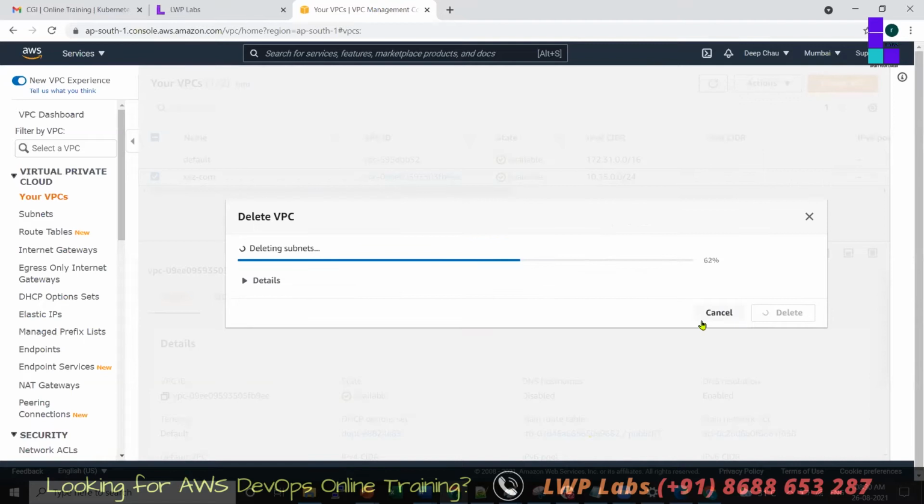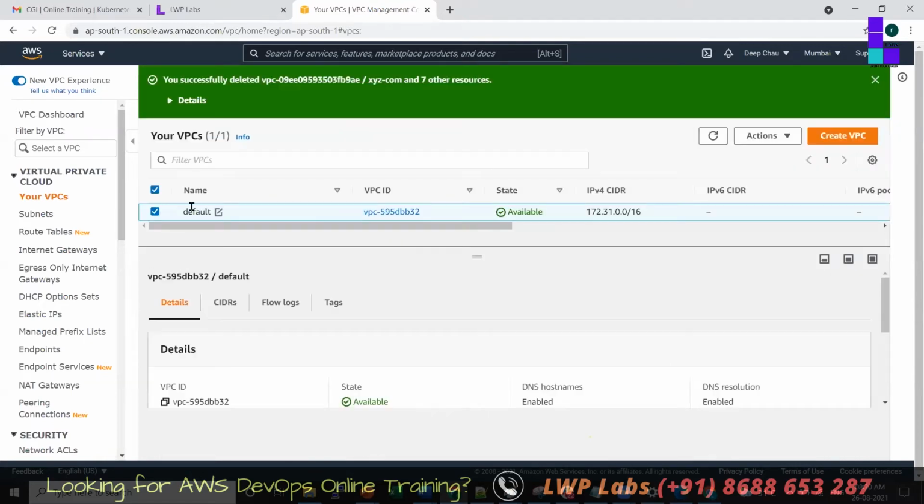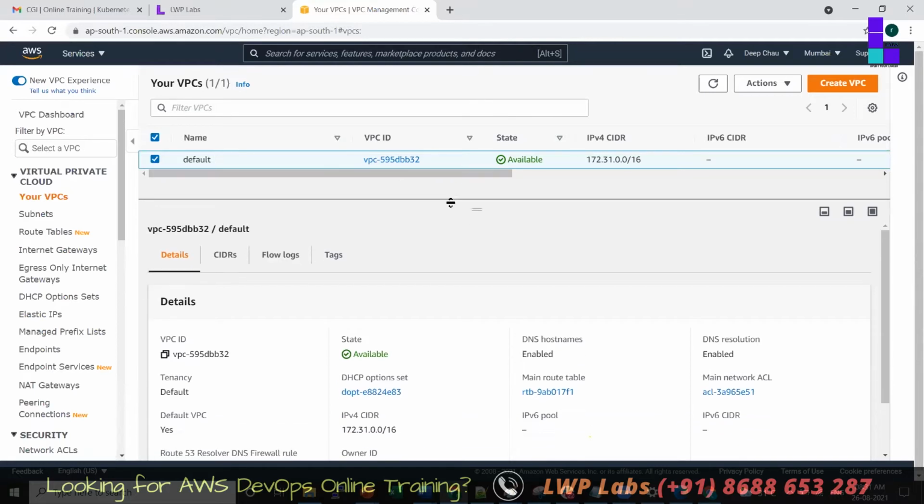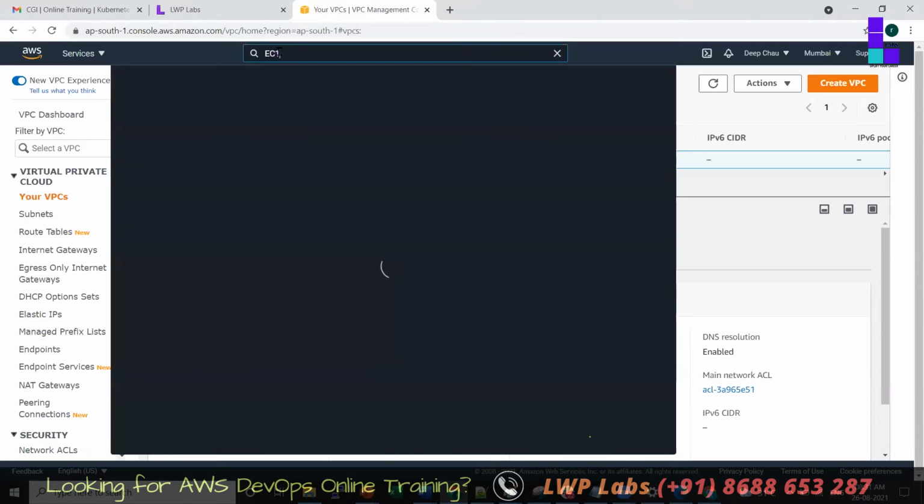We will now use the default VPC which was given to us by Amazon. Okay, this one. You have created a VPC, you can keep it if you want. Delete these two things, NAT and Elastic IP, and you can use it in your whole class. Otherwise, you can use the default VPC. Once you have deleted, think that this is the only VPC which you will be having in your company. And here we'll go to EC2 service.